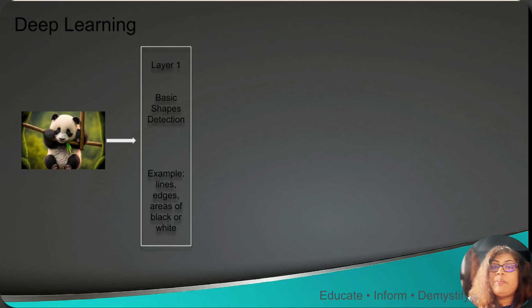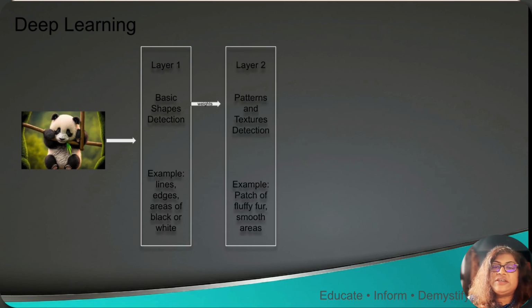Layer 2, patterns and texture detection. Now things get more interesting. This layer takes the simple shapes from layer 1 and starts identifying patterns and textures, like the fluffy fur or smooth areas of the panda. It passes this richer information to the next layer,